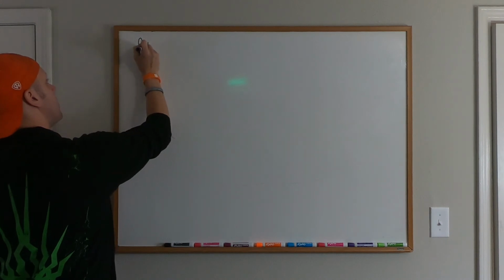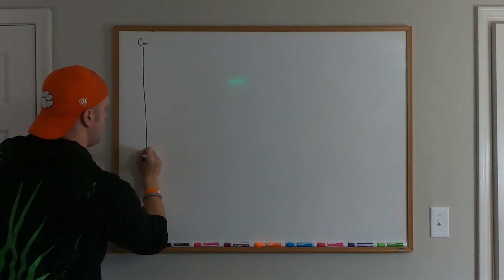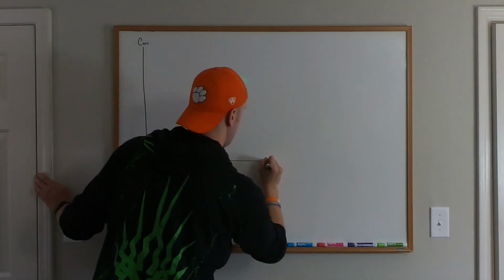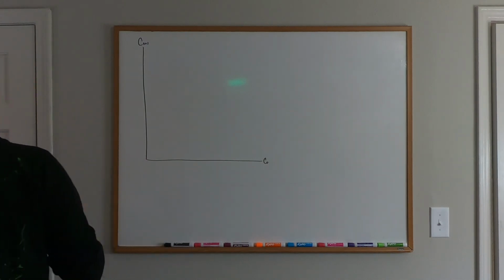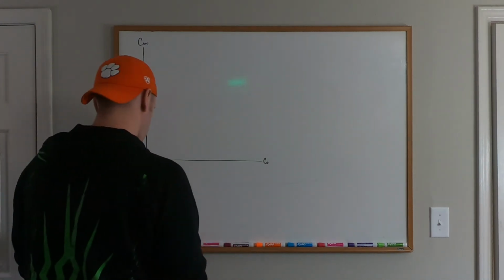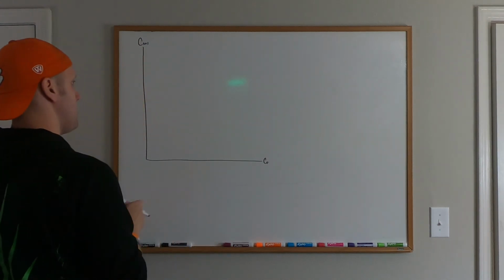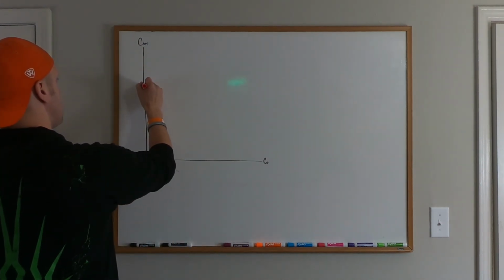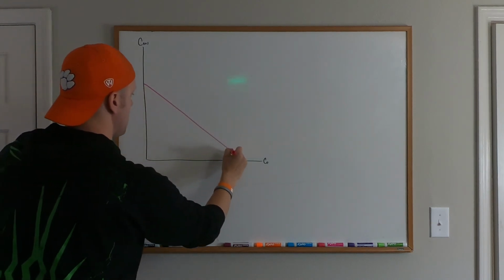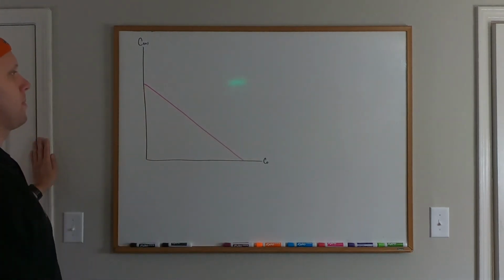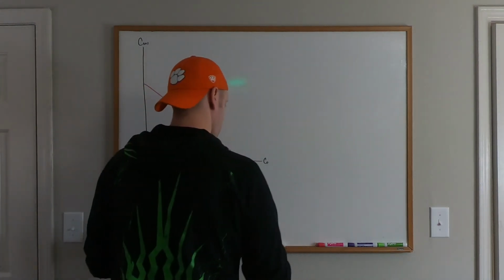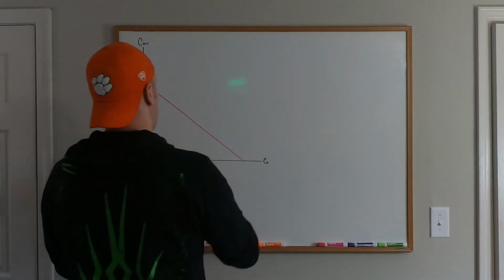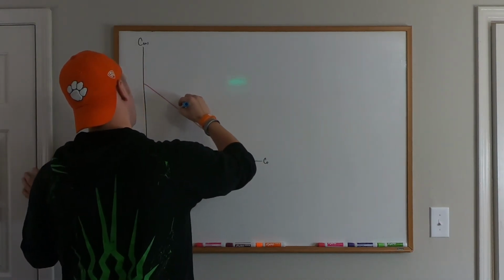So I'll have a graph I've been drawing for a while now. Now if I want the slope of the budget line, it's this right here. So this is my budget constraint. And if I want the utility function that achieves a point of tangency,